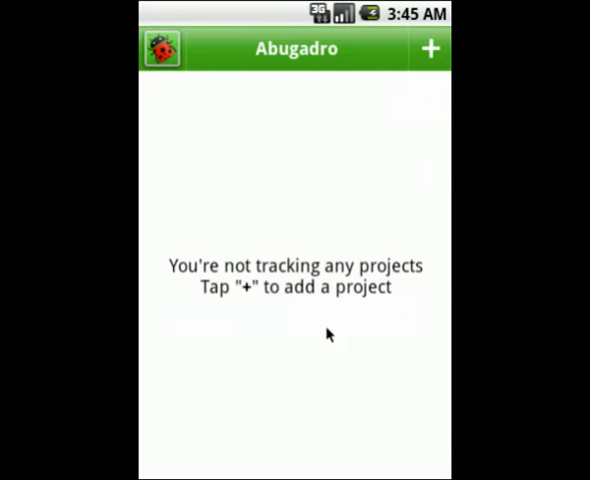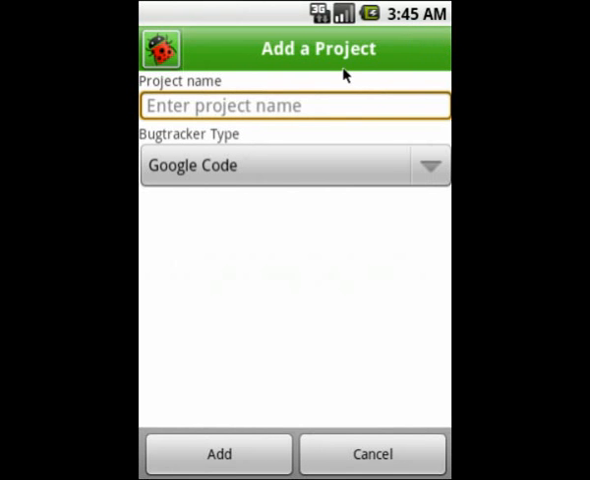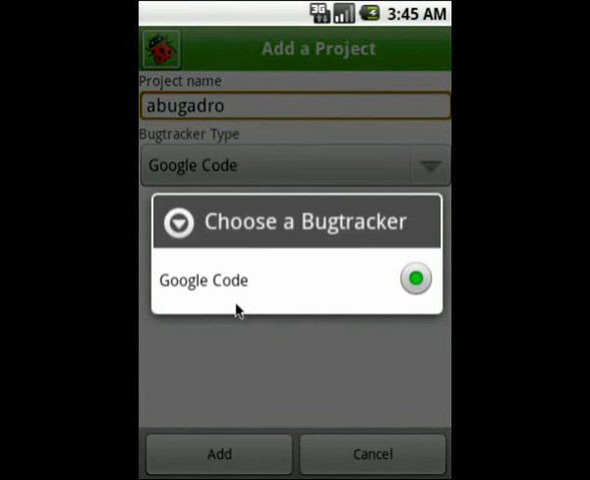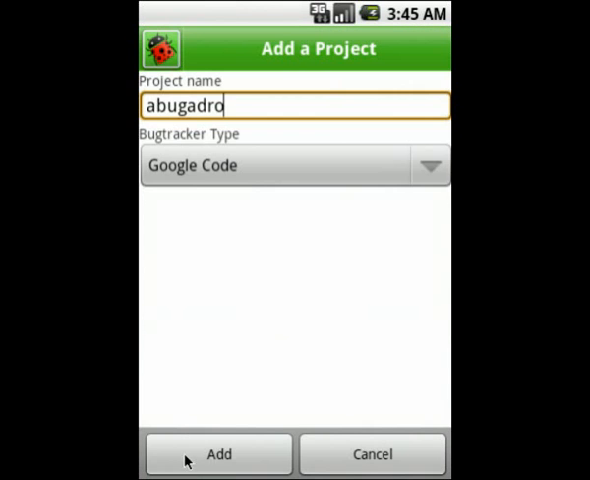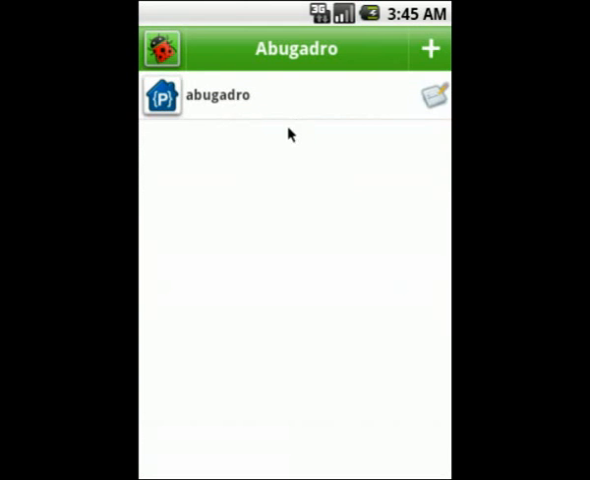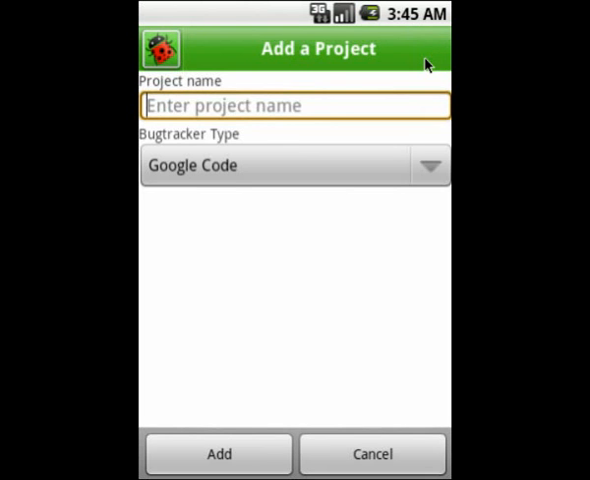As you can see, I'm not tracking any projects right now, and it suggests to tap the plus icon on top to add a project. So you just type in the project name and click on add. You can select the bug tracker type, which right now is limited to Google Code. When you click on add, it pings Google Code and asks if the project exists before actually adding it to the list. I'm going to add CyanogenMod,